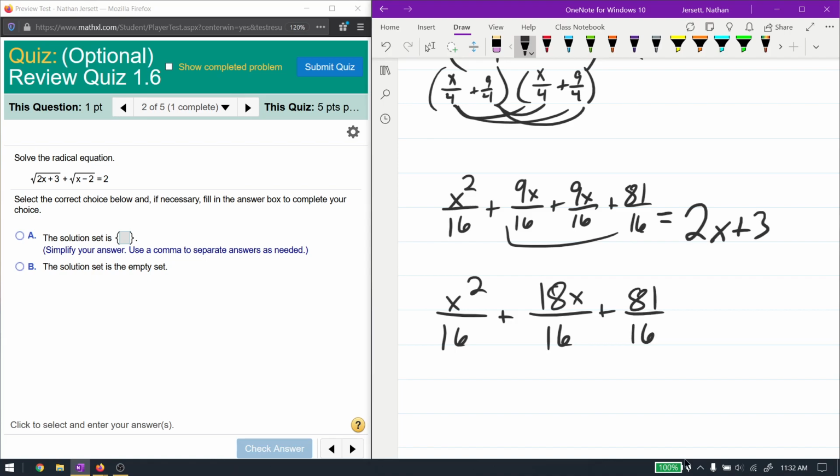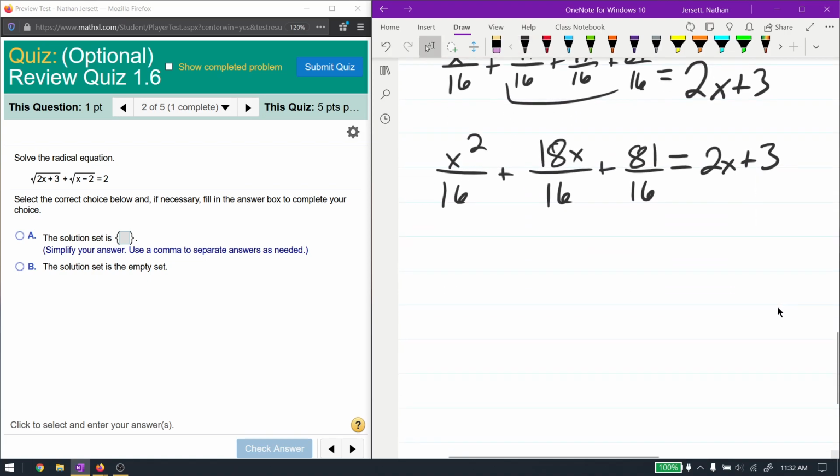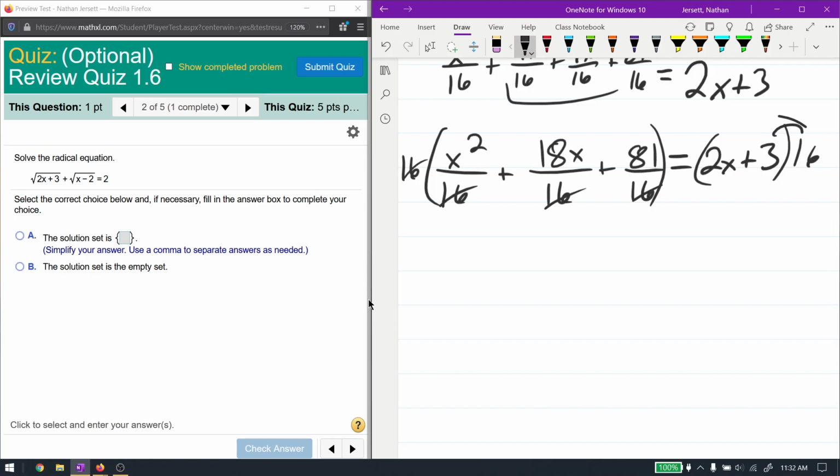81 over 16. And now I can multiply out a 16 to get rid of a fraction. If I do that, it's going to be easier to work with. The numbers are going to get larger, but I think it'll be better. So I'm going to multiply everything by 16. That'll get rid of the fractions. And of course, the 16 distributes. So we get x squared plus 18x plus 81 equals 32x